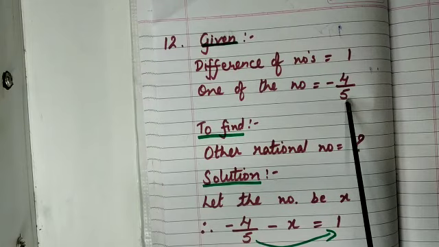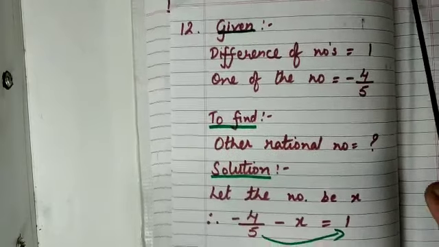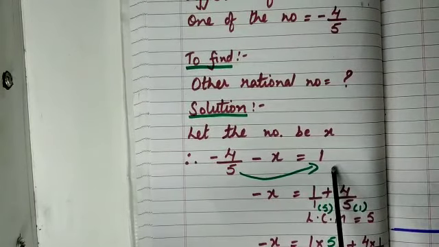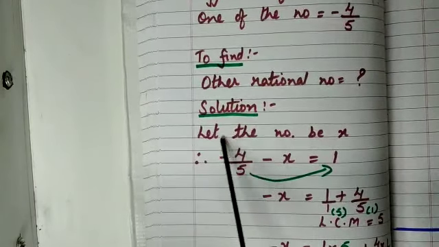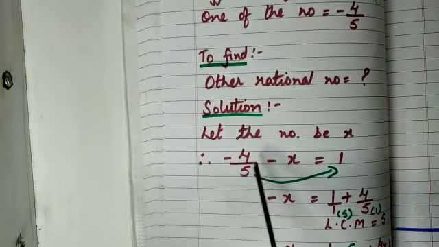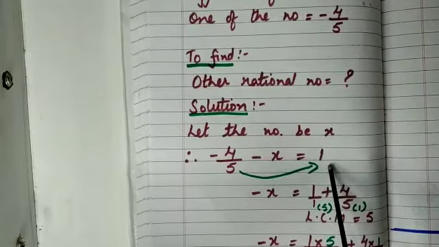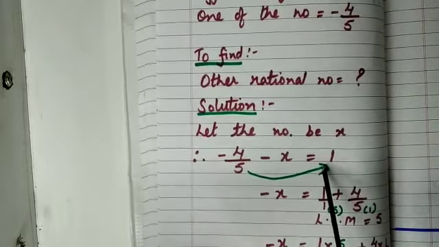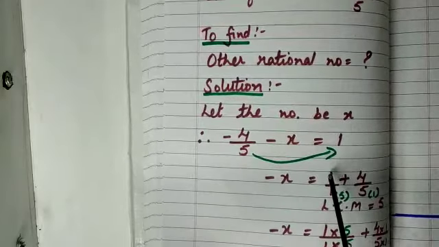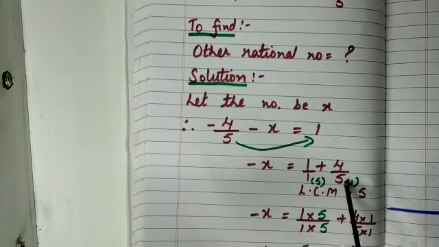What has to be subtracted from minus 4 upon 5? So your minus 4 upon 5 minus the unknown number is equal to 1. Everyone got it? As our unknown number is x, so minus 4 upon 5 minus x equals 1. Now again the same laws of transposition, minus 4 upon 5 will be going to the other side. I explained you in the previous step how it became plus here. So 1 plus 4 upon 5, it becomes 4 plus 4 upon 5.